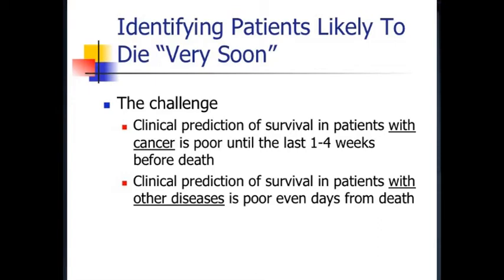Now, the clinical prediction of survival has been most studied in the cancer population, and it's very clear that even with metastatic solid tumors, which commonly have a course following chemotherapy, following the demonstration that chemotherapy is no longer helpful, commonly have a course of decline like this. It's very clear from studies that beyond 4 weeks, clinicians do terribly in prognosticating. Not just oncologists who do terribly even 2 days before, but we too. Everybody does terribly. Basically, in metastatic solid tumor, the ability to prognosticate more than a month out is almost zero,